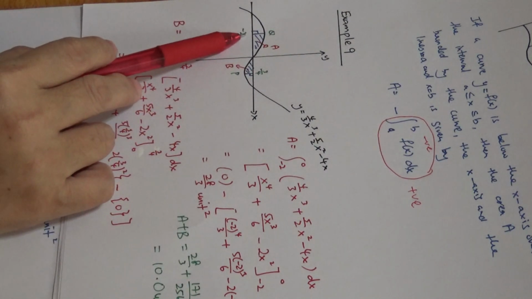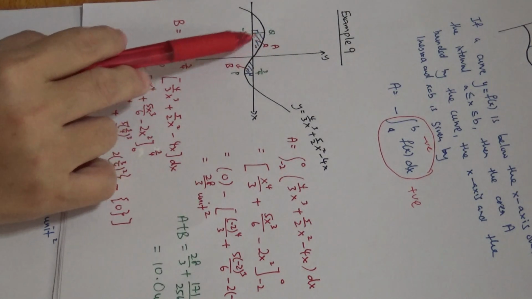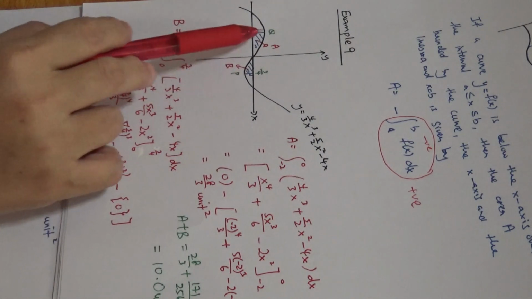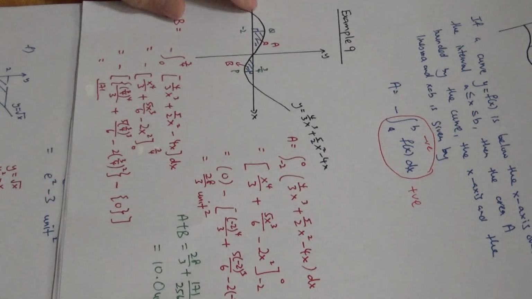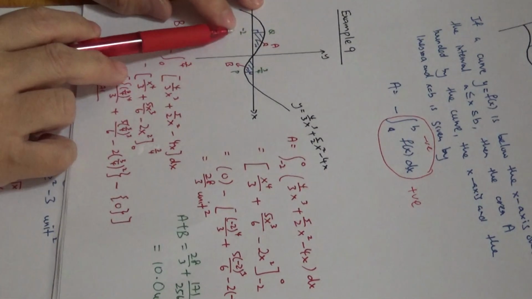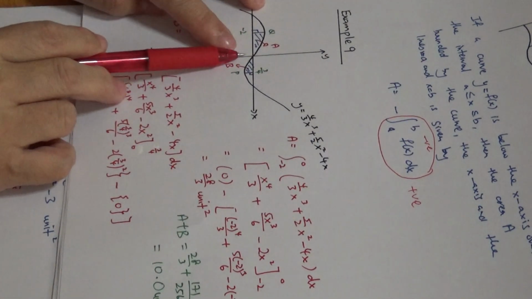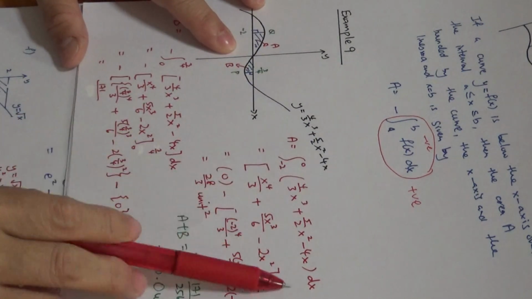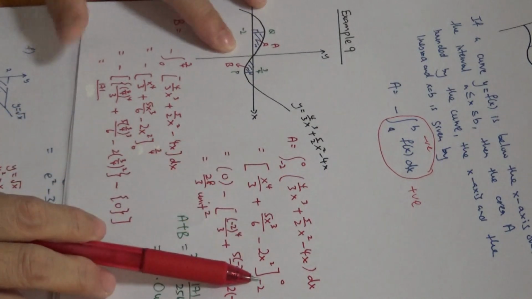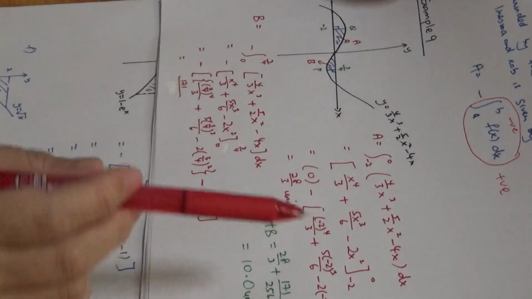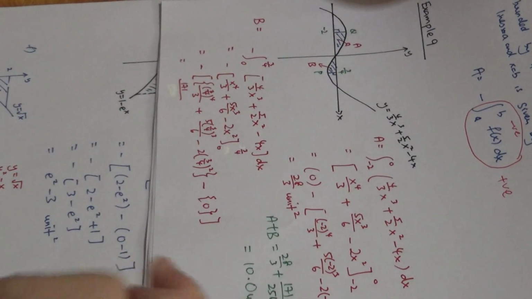Find the total area of the shaded region bounded by the curve, the x-axis, and the lines from P and Q perpendicular to the x-axis. In order to find region A, I integrate from -2 to 0. I manipulate and I will get this as the answer,